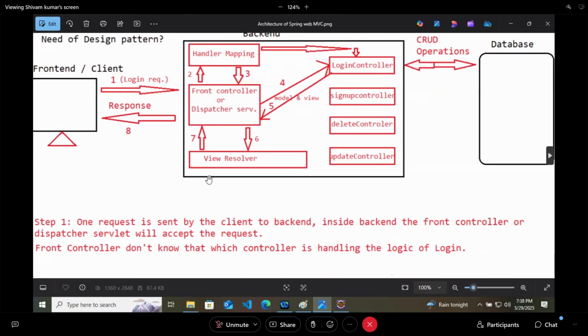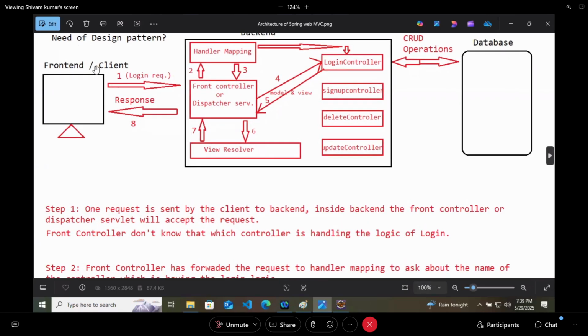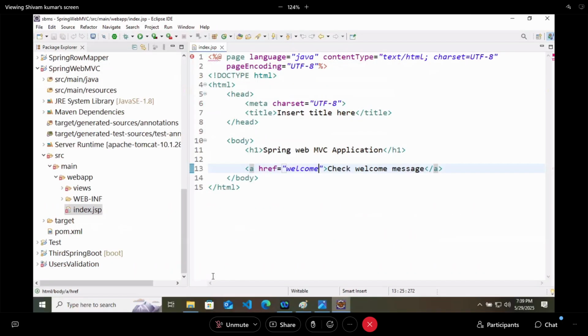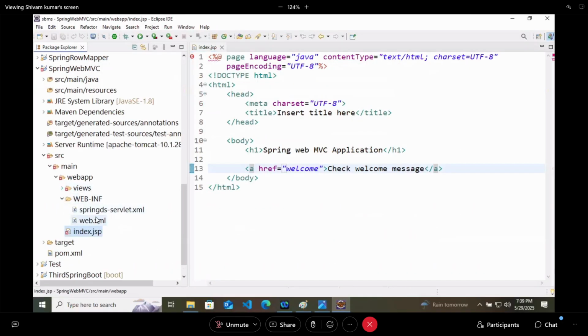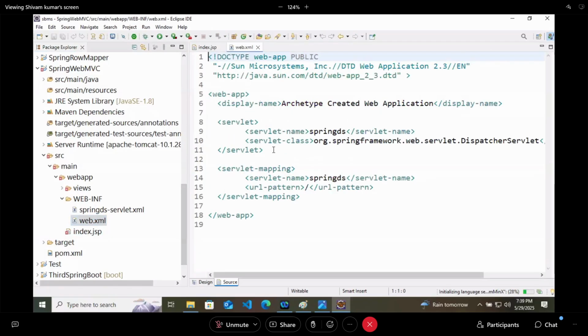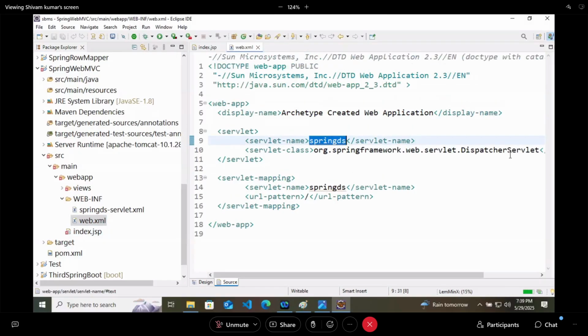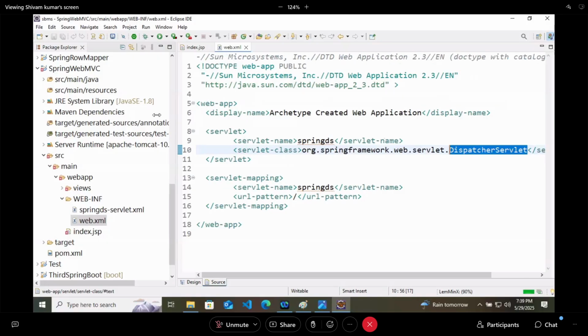So now let's follow the architecture here. The client has sent one welcome request. So at first the dispatcher servlet, or the front controller, will accept that. In the web.xml file, we have defined that our servlet name is Spring DS, which is a dispatcher servlet. Here we have written the fully qualified class name of the dispatcher servlet.